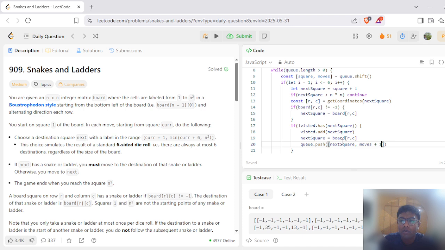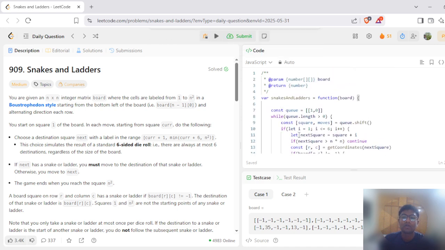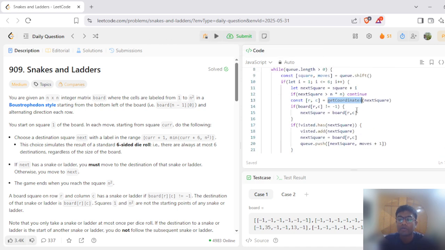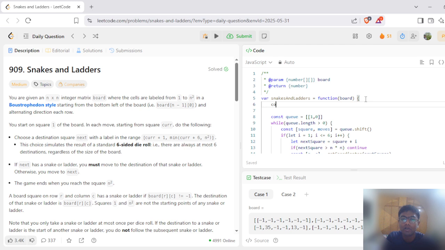Okay, so now let's build this function which is get coordinates, and once we do all of this we can simply return -1 if there are no possible paths that we can see. So let's build the get coordinates function. Before this we are going to define certain